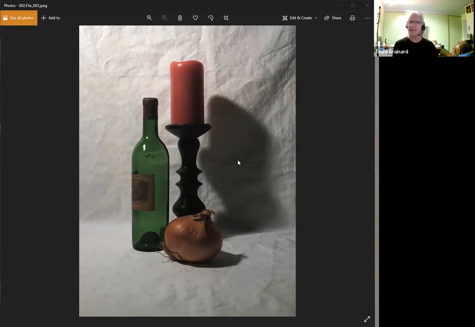So the positive space is anything that we're comparing the negative space to, the space that is in between those objects. There you go. So positive in this case can be maybe this candle and a stick and the bottle, and the negative space is this area in between. But we can be talking about the positive areas being the dark shadow here, even the top of the onion and this candlestick and holder,